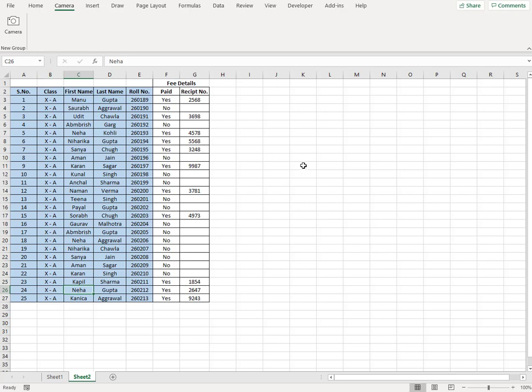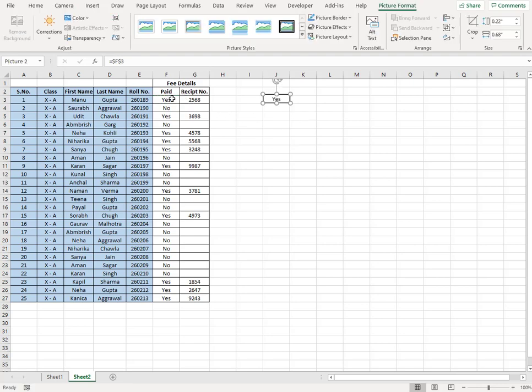Now we have got this camera option, how do we use it? I have two sheets here which have some data. Let's try to use the camera option first on one of the sheets. Let's say I want to see this information again using the camera in some of the cells here. I can select the cell, click on the camera button, and select this area, and the cell that I had selected would be shown here.